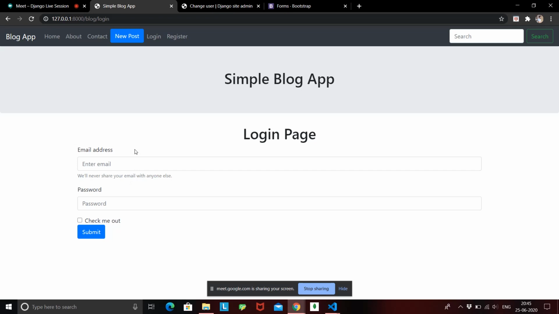For login we don't need everything. We don't need his first name, last name, email address. We just need two fields, that is his username and his password. So let's change this email and password a little bit. We'll just keep password as password, but we need username over here.